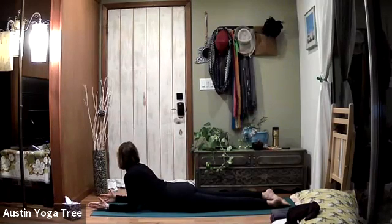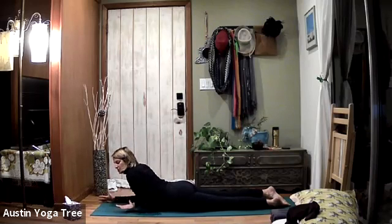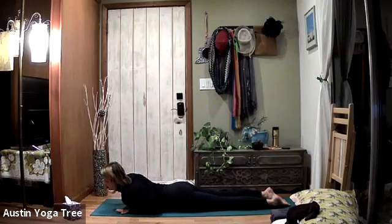Exhale. Rotating through the neck. Maybe we go a little further, maybe we don't. Inhale back. Exhale, peek over the left shoulder. Inhale back to center. On the exhale, bring your hands back under the shoulders, lower all the way back down